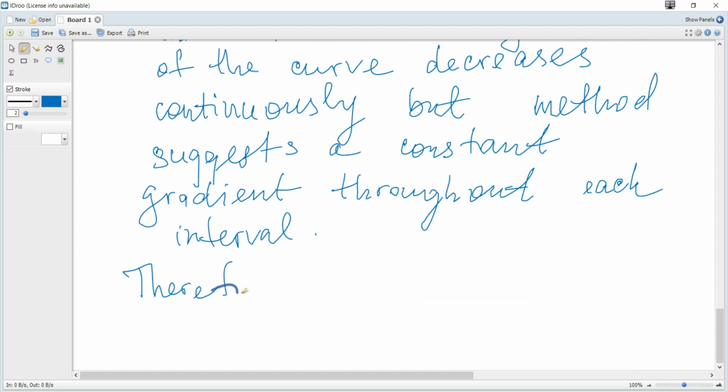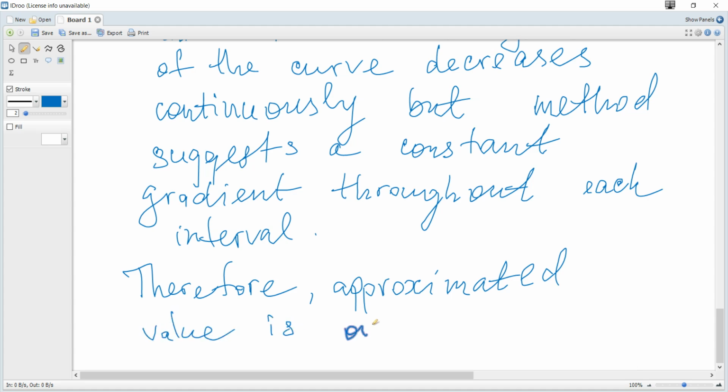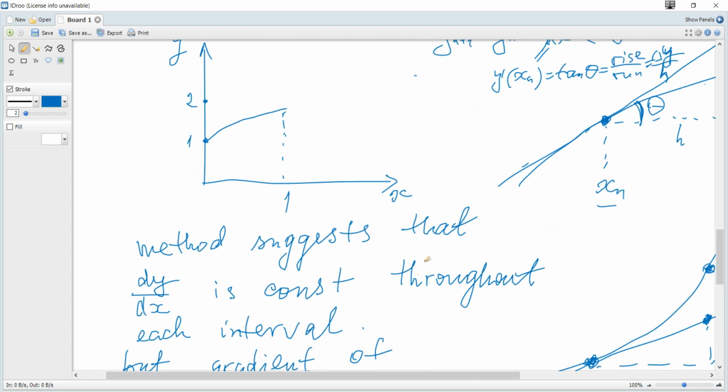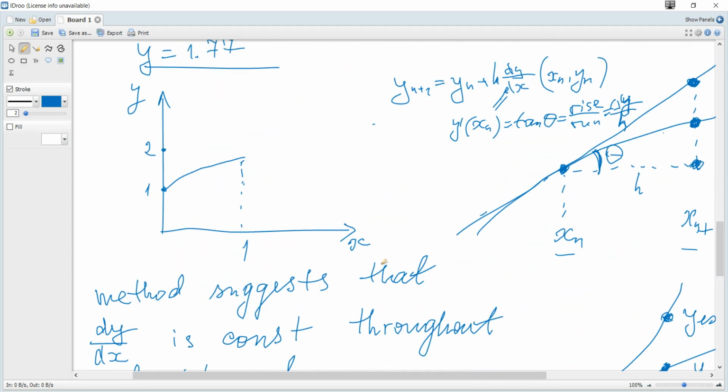Therefore, the approximated value is overestimated. So over or underestimated, it depends on the curve being concave up or concave down, or increasing and